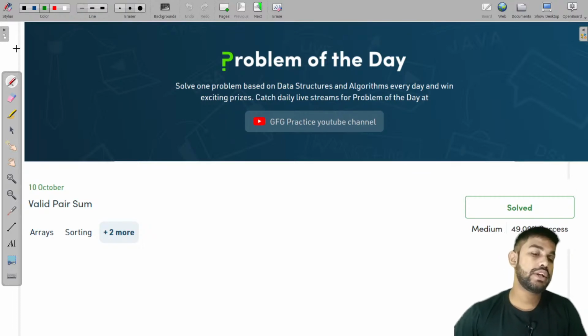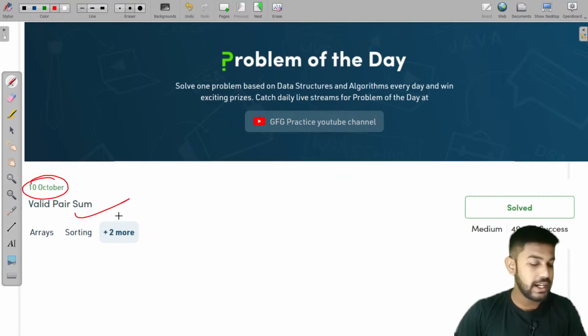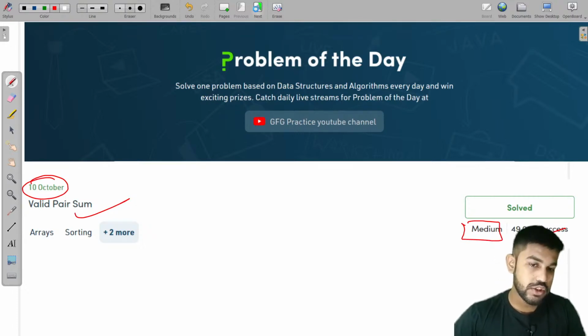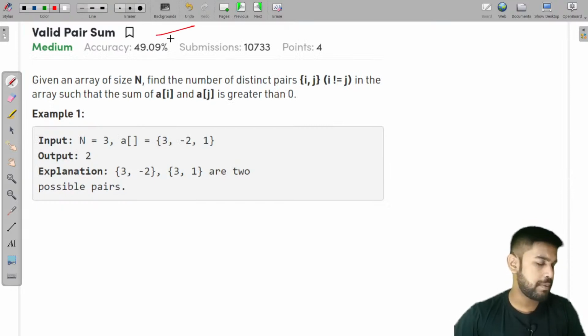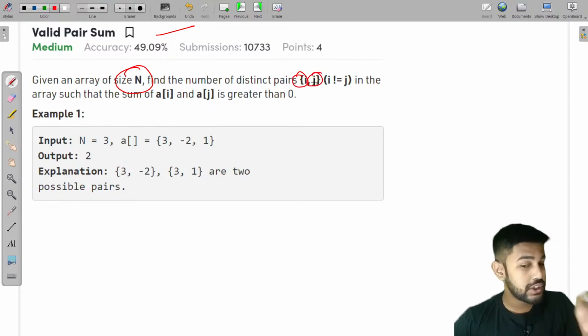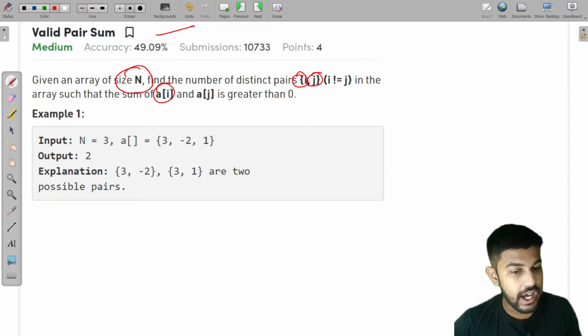Okay. So today we would be discussing yesterday's problem of the day, that is valid sum pair. And this is a medium level problem with a success percentage of around 49%. So moving forward, let us understand the problem statement. In the problem statement, we are given an array of size n, and we need to find the number of distinct pairs i and j, where i shouldn't be equal to j in the array such that ai and aj